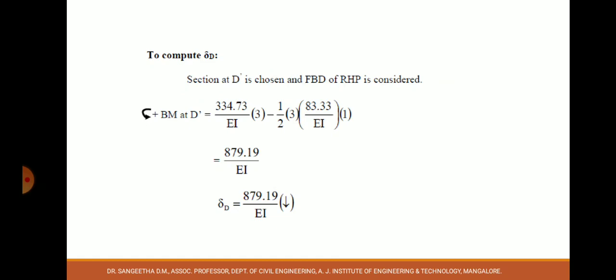So that's how it is for each and every problem. First you have to draw the bending moment diagram, then you have to incorporate EI values of each span into the bending moment diagram, then calculate the conjugate beam support reactions. So conjugate beam support reactions or shear forces are nothing but slopes. And the bending moment at any point in the conjugate beam gives the deflection. That's how you can evaluate slope and deflection.